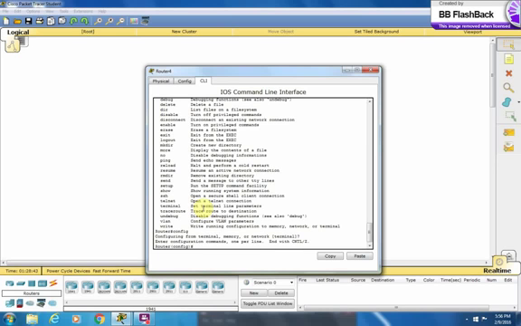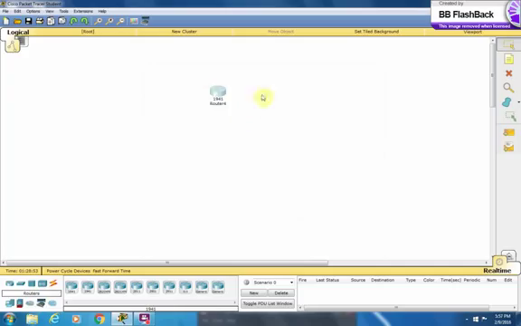Now we're going to type. Normally I would type interface F0/1 to show you an example, but I'm going to have to use my gigabit interface because I haven't, and I'll show you why. Right here, I have no other routers to have an F0/1 interface. You have to have a router to router, router to PC with a